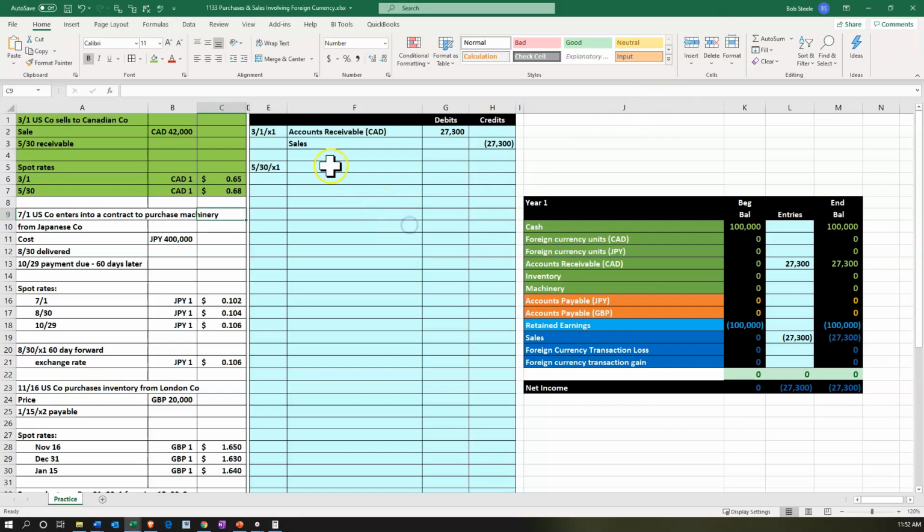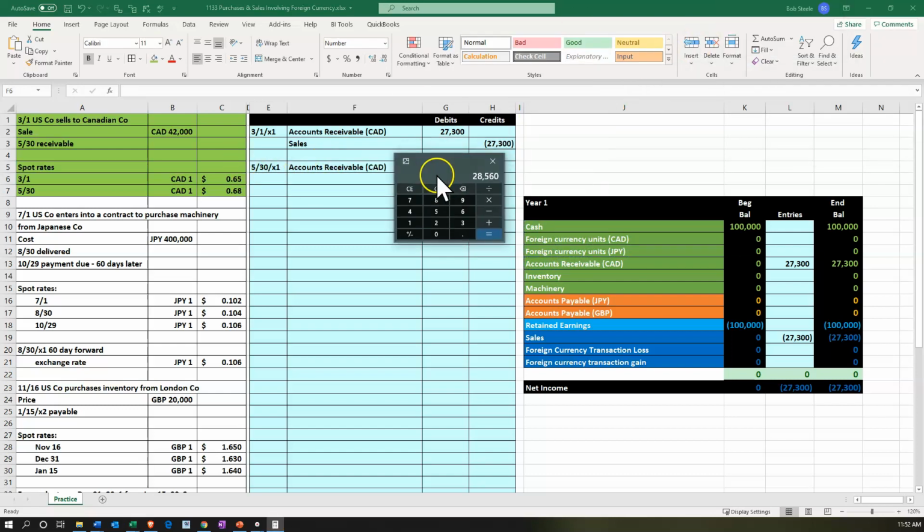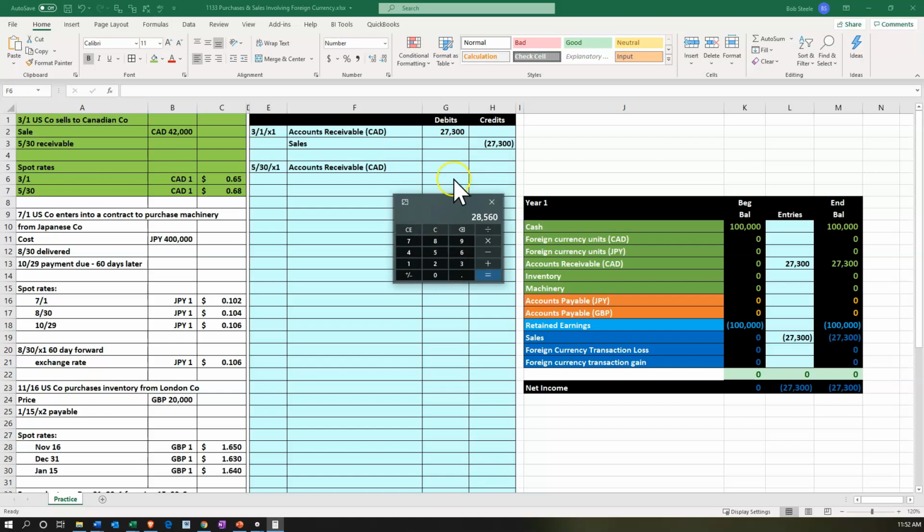So we're going to say, all right, well, the accounts receivable is going to go up now. It's going to go up, and we can calculate that by the difference between that 28,560 that we calculated minus this amount. Or we can take the easier calculation if you just have these changes, is the difference, right? We could say, all right, this is going to be 0.68 minus 0.65 times the 42,000. So we're going to have to adjust it by the